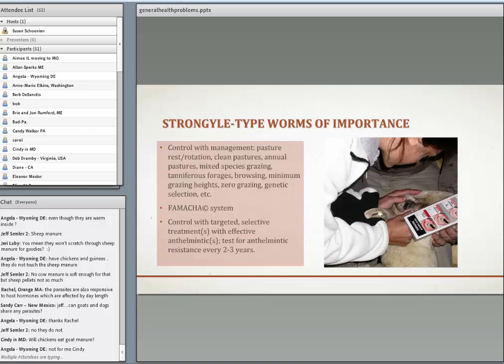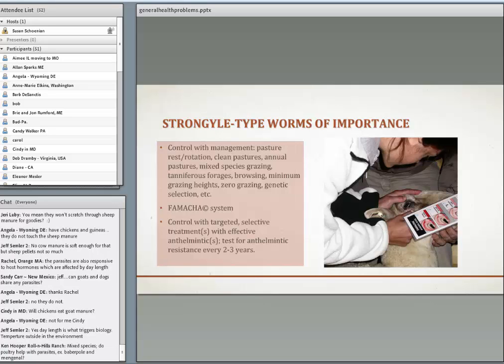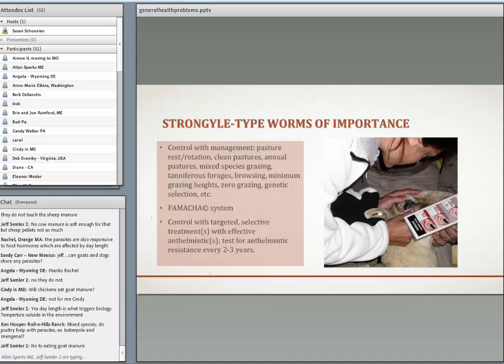Because again, anemia is the primary symptom of the barber pole worm. They extended the FAMACHA system to what's called the 5-point check. That checks 5 points on the animal's body that helps you make a decision on whether that animal needs dewormed. So we do all these things to try to minimize the ones that need dewormed, and then we selectively deworm animals. Okay, and then the key is when an animal does need dewormed, that you give it an effective dewormer